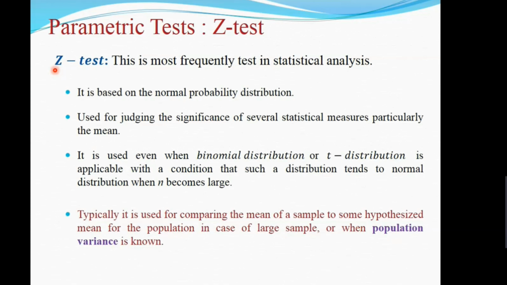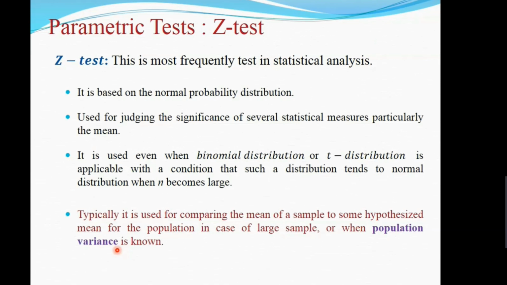If no information is given about which test you have to perform, the problem is that the total population will be there. For a given survey or problem there is plenty of data, so we cannot investigate all of the data. Think about the population of your state, Andhra Pradesh. Each and every person you cannot visit and ask a questionnaire to get observations. No, it's not possible. So what happens?